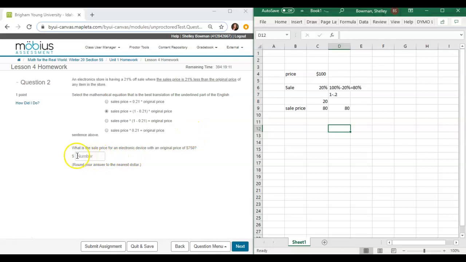So the next one is, we're actually going to find it. What is the sales price for an electronic device with an original price of $750? So just like this, we're going to take our original price. Oh, you know what? Let's not use all of these. Let's just type in our formula here. Our sales price is going to equal 100% minus 21%, which is 1 minus 0.21. And then we want to times that by the original price, which they gave us, of $750. Press enter, and I get